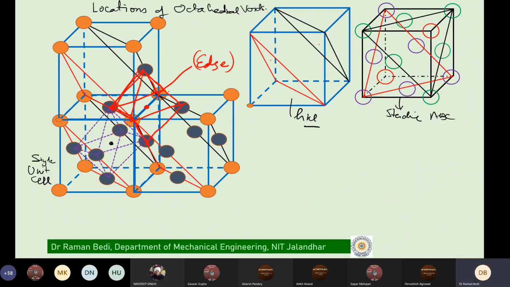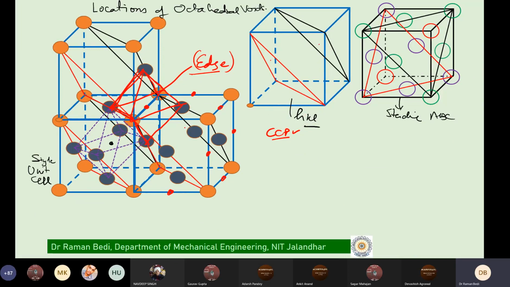So you have one more void which is created here at each of the edges. We have a number of edges here which are available to us, and on each edge, if you have an edge here, there's a void here. A void is available at this location, at this location, at these locations. So wherever the edges are of the unit cell of a CCP system, at those locations you have an octahedral void coming into the picture, which is what we observe.